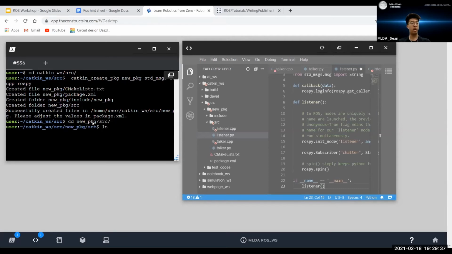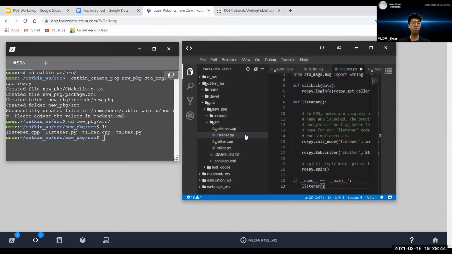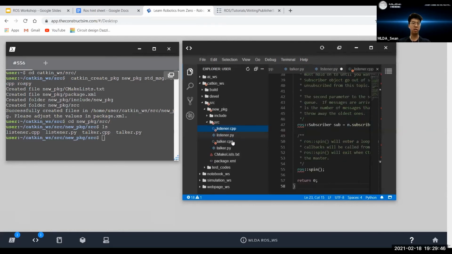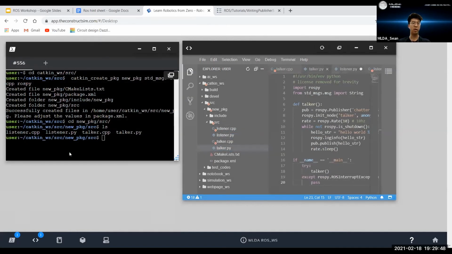and then I use a command ls, which is list, we will see what's inside our src folder, inside our code, which is basically listener, talker, in both languages. Then you can see the Python files are actually in white, which means that we know it exists, but we don't know it's executable. So in order to change the permissions to let Linux or Ubuntu or ROS know that these files can be run, we need to do chmod +x